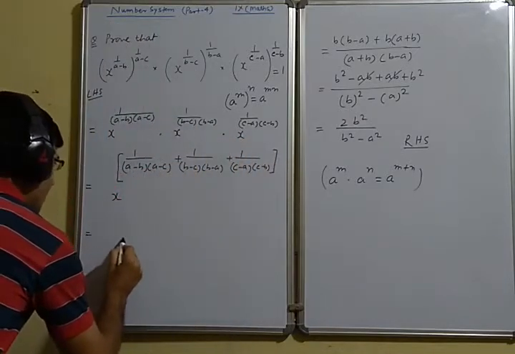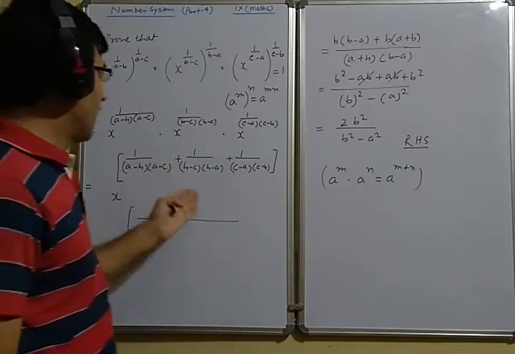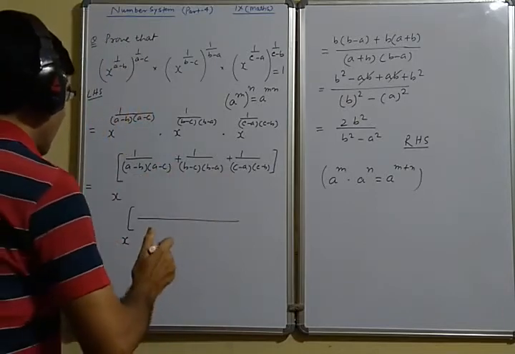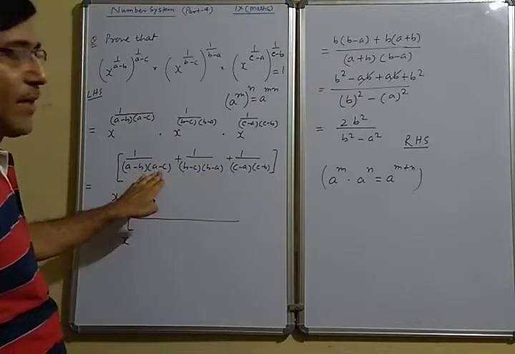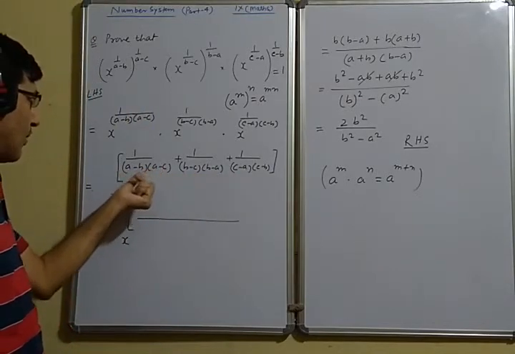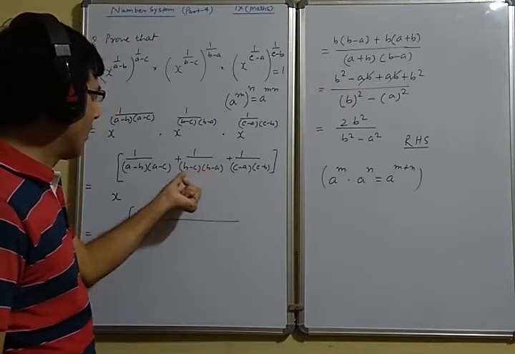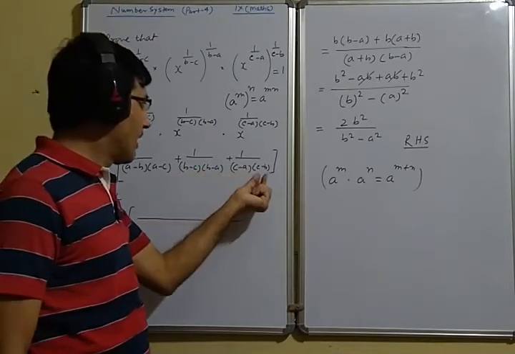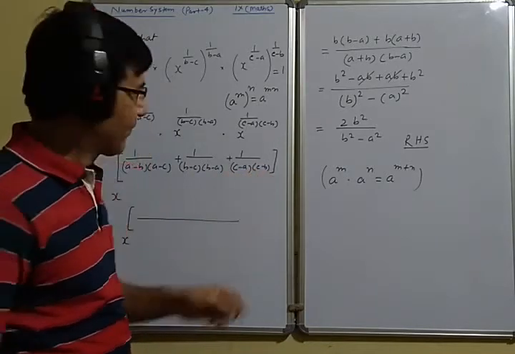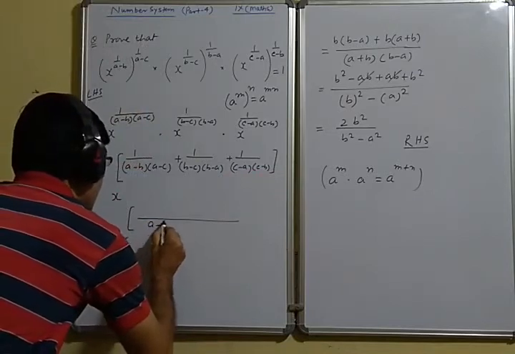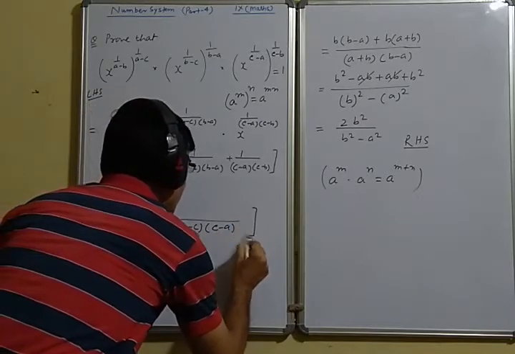So once again it becomes, now take LCM, a minus b, b minus c, c minus a. Here it is a minus c, so what we can write it as minus, will take common, so it becomes c minus a. Similarly here b minus a becomes, if you take minus sign common, it becomes a minus b. Similarly here c minus b, if you take minus sign common, it becomes b minus c. So now LCM is a minus b, b minus c, c minus a. So what we will get?